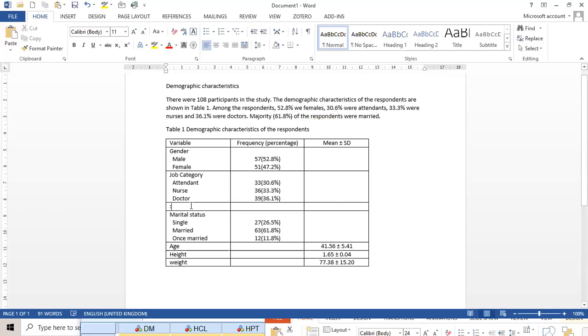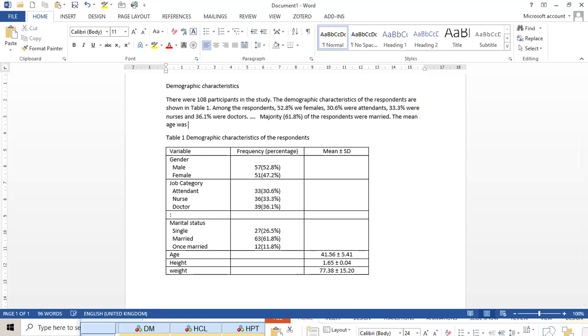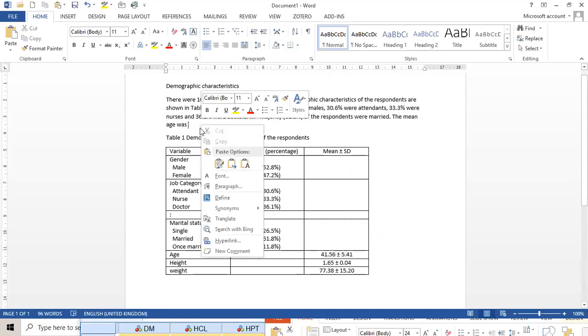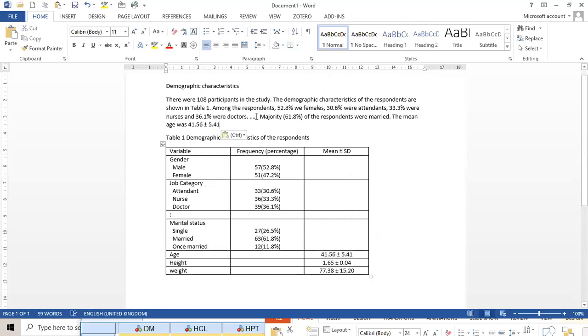Right. So something I haven't added here, so we'll add here. Okay, describing the qualitative variables. Quantitative variables, the mean age was